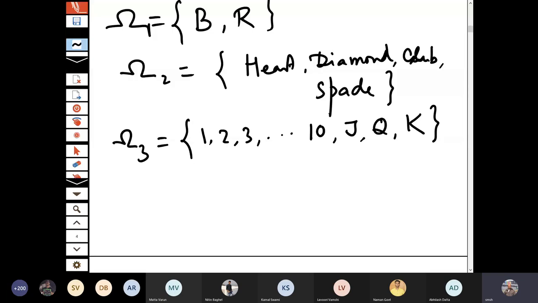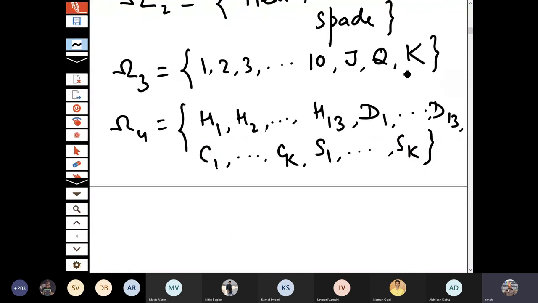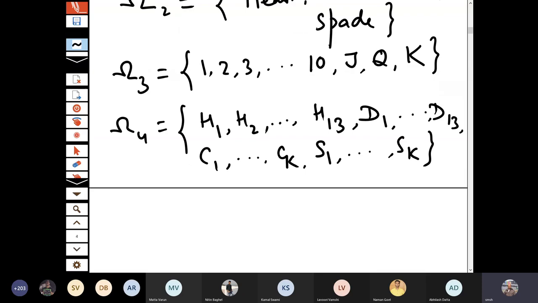In that case, you may say it's a 1 of heart, or a 2 of heart, or a king of heart, or a diamond ace, diamond king, club ace, club king, or spade ace, spade king, and so on. So you may have the full description. Of course, we may write in uniformity. 13 I am writing here. So let me put here